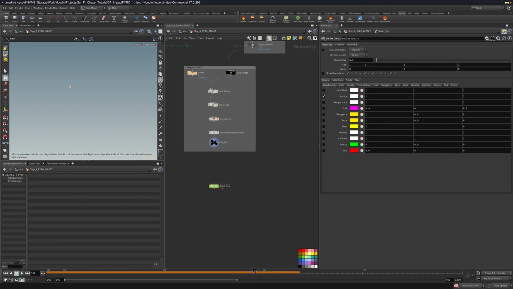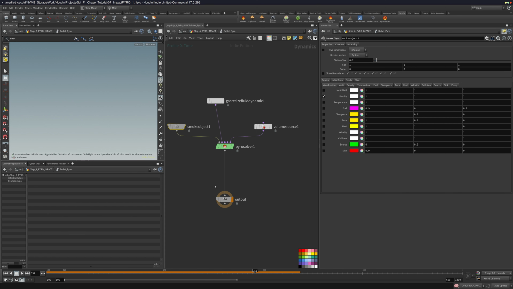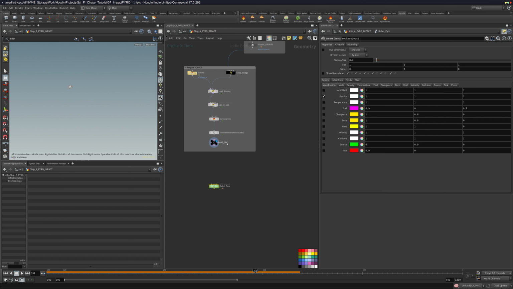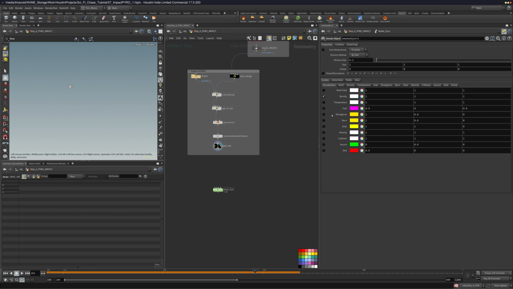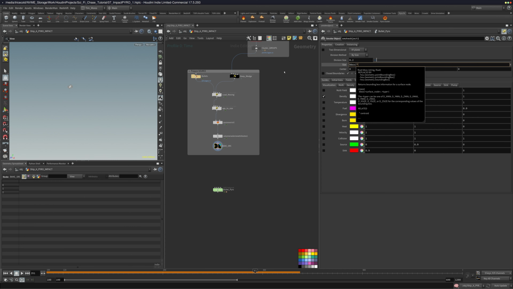Let me first add, we also need to get the proper size and dimension so that the solver knows where to create the bounding box. So for that, like I said, we can lock the parameters of the smoke object and then get the size information from the bake source. For that we can use the bbox expression, and then we type in the address of our source,